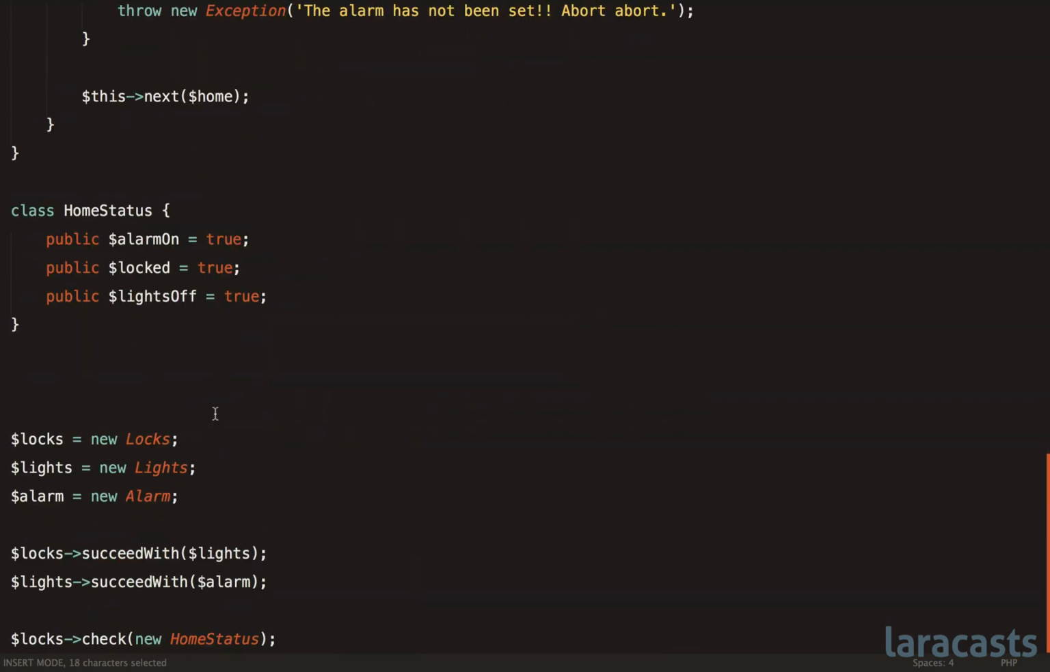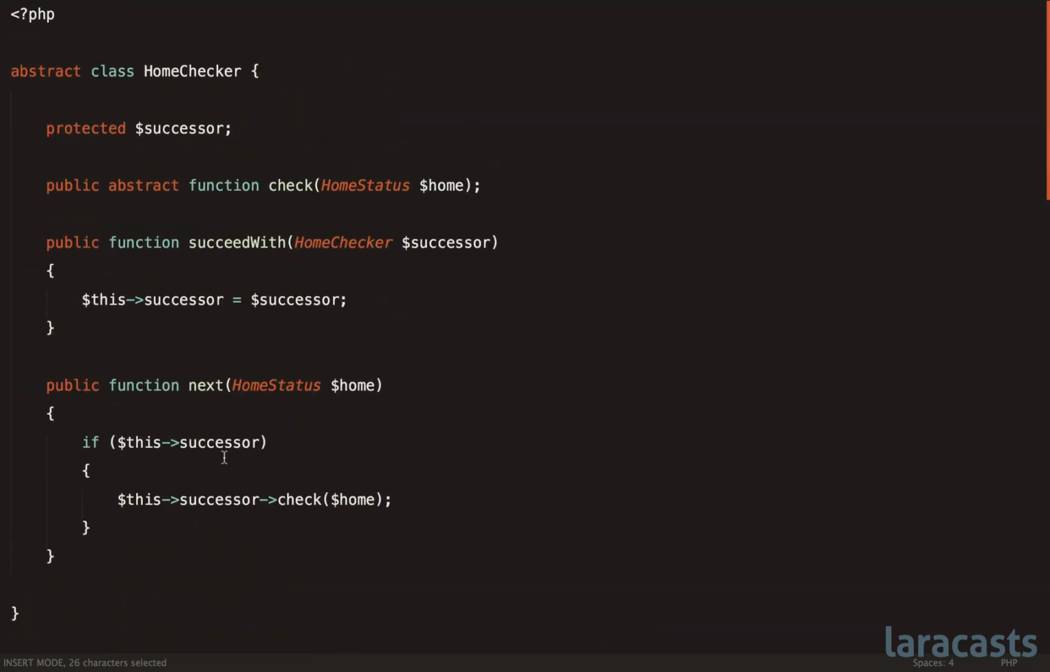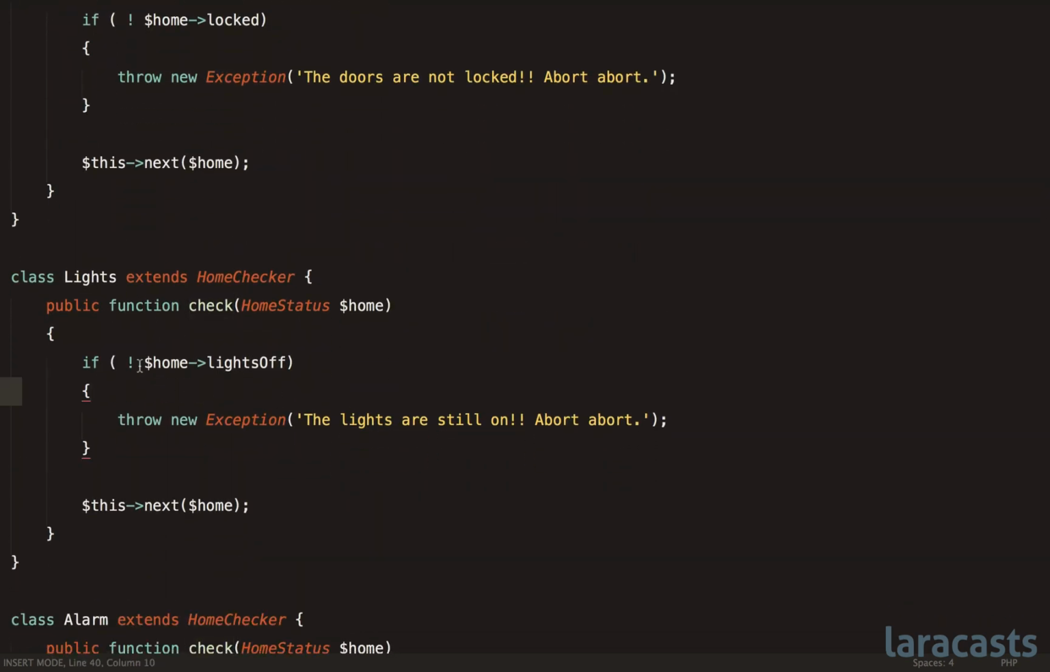So what would be next? Well, it looks like we succeed locks with lights. So now, when we call the next method right here, we make sure that we do have a successor. And if we do, we trigger that same method on the new object. So now let's take a look at lights. If the lights are not off, that's a problem for us. So in this case, we represent that with an exception. But once again, if the lights are off, well, let's once again defer to the next object in the chain